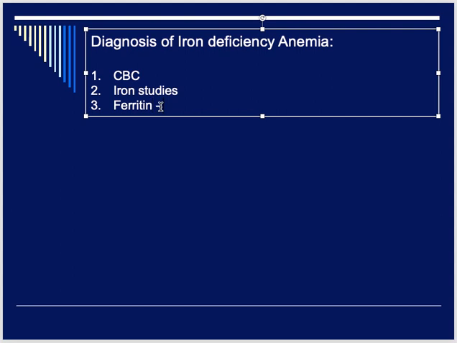What is the issue? That ferritin is also an acute phase reactant. What is an acute phase reactant? Whenever there is inflammation in the body, there are certain things which get raised. For example, CRP, C-reactive protein. Whenever there is any inflammation in the body, CRP levels go up. So ferritin is an acute phase reactant. Whenever there is some sort of inflammation in the body, the ferritin levels go high.